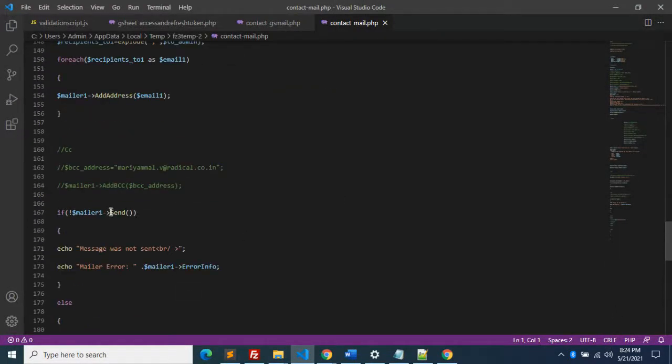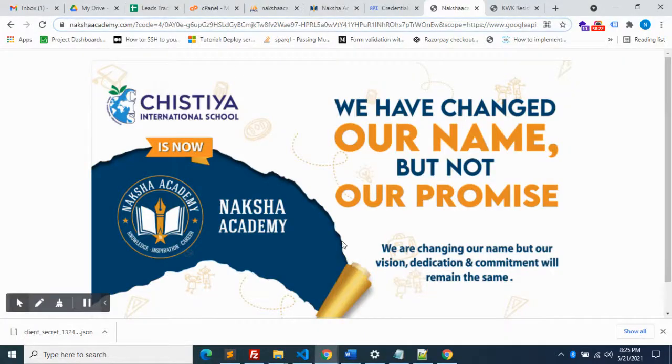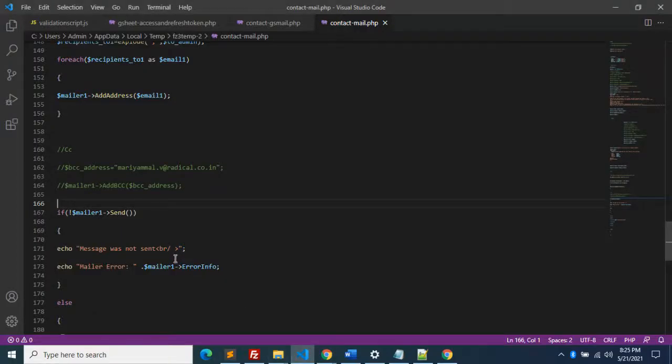Actually, after sending the email, you can insert the values into Google Sheet, because if the API breaks down or anything happens, the mail will still trigger. For that purpose we can use include_once, with the G Sheet file name contactmail.php, in a folder called gsheet. Done.